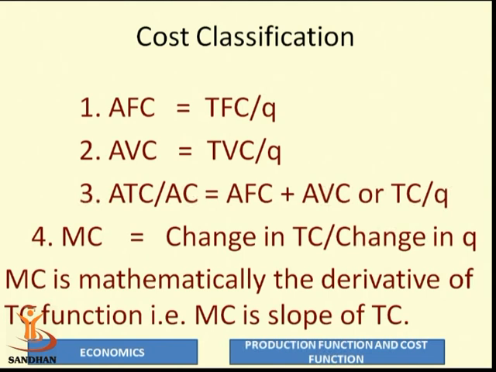Variable cost per unit of output. That's why we have given the formula TVC divided by Q. And finally, for average cost or average total cost, you have two ways of calculating it. Either do the summation of the above two, that is AFC plus AVC, or simply divide the TC by quantity produced. You will get average